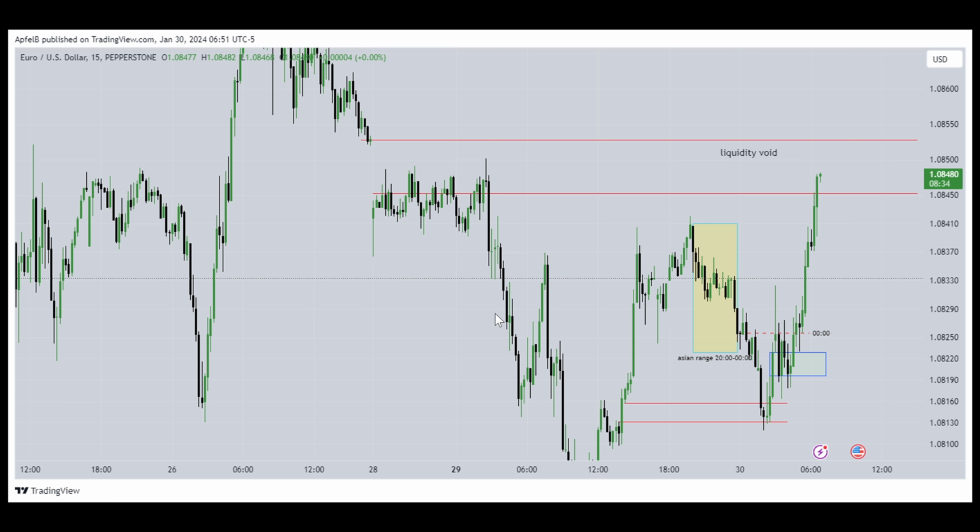So that was it for today, guys. Hope you learned something about AMD: accumulation, manipulation, distribution, trading, the London session, which starts from 2 a.m. to 6 a.m. That's the time, the ICT kill zone in which we look for these signatures. So we always combine both time and price. We do not just enter the market